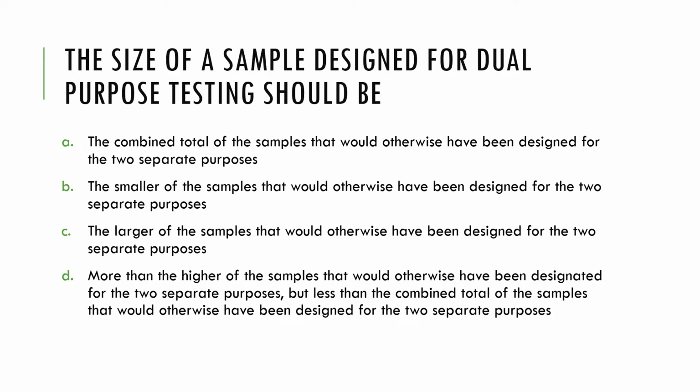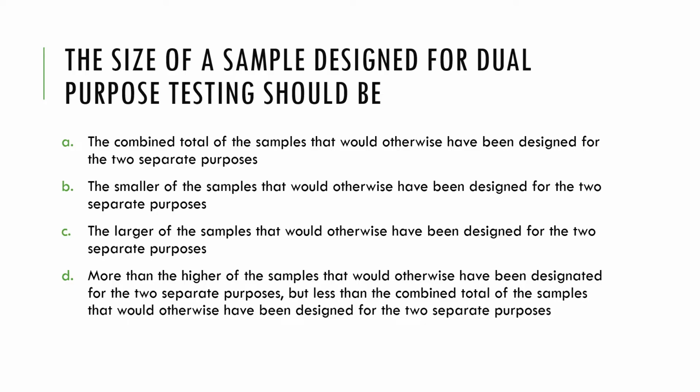Now, what if we are performing a dual purpose testing? If we look at the sample size, had it been purely test of controls, it would have only been, let's just say for purposes of this illustration, 10. But if you look at the sample size, had it been purely for substantive testing, then it would have been 50. But now you're performing a dual purpose testing. Which particular sample size will prevail? Is it the 10 from test of controls, or is it the 50 from substantive testing? Or do we simply add both and then come up with 60, or maybe get the average and then say 30? How do we decide the sample size in the case of a dual purpose test?